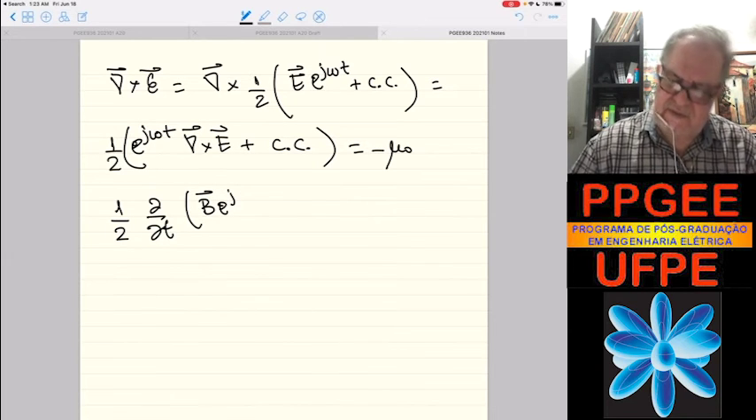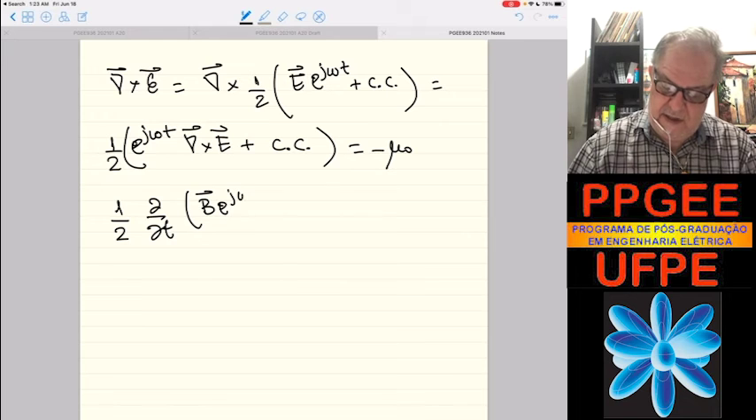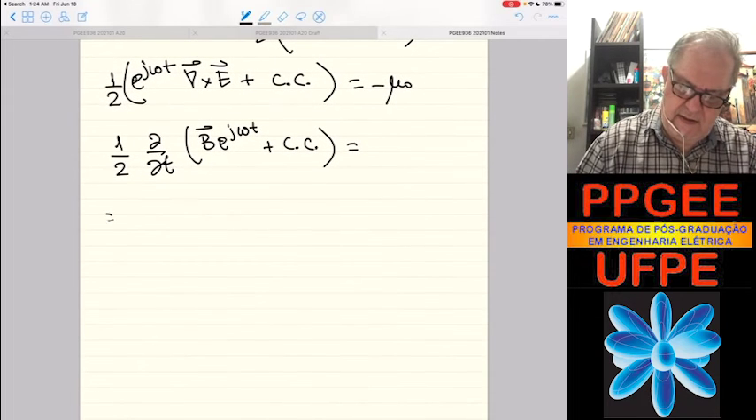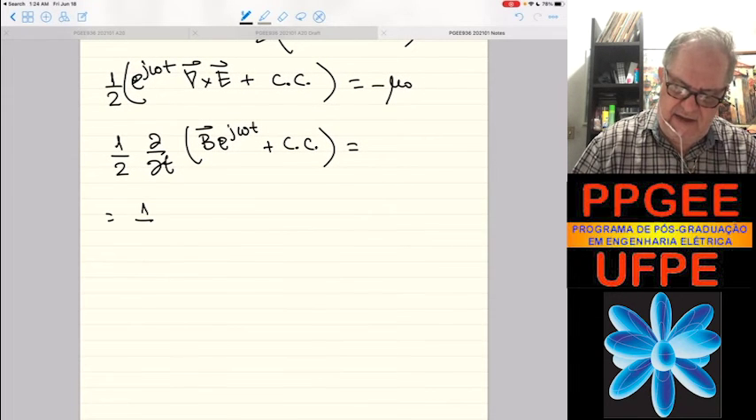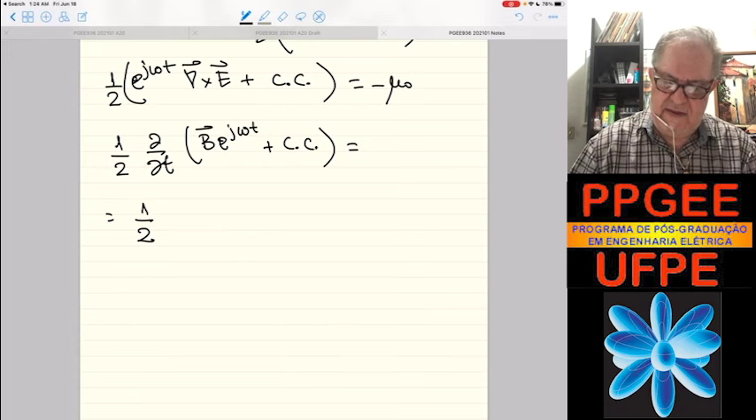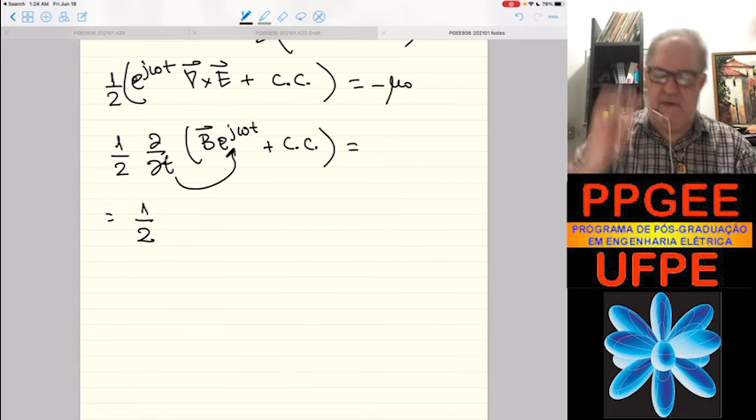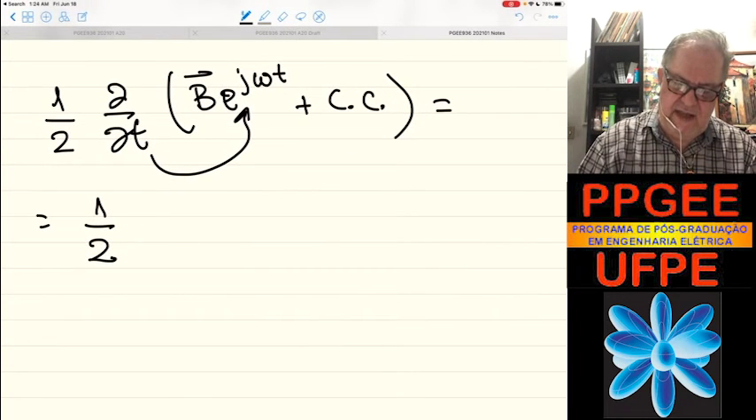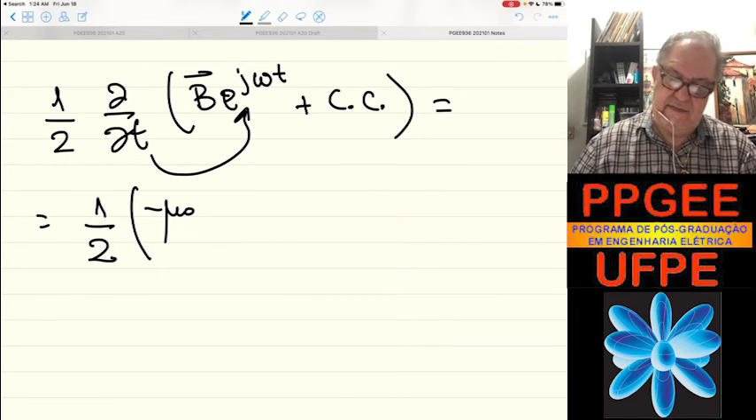minus mu0 j omega t plus complex conjugates. So this is going to be 1/2. Well, the derivative goes directly on the complex function here. It's going to be 1/2 of minus mu0. So the derivative is j omega, right? Times the function. So it's going to be